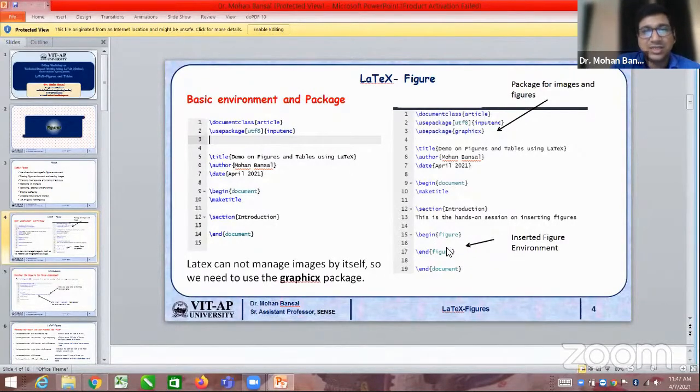Inside that, we will insert the image. And we require one package, that is graphicx. So graphicx is the package that we need to add in the preamble, and we will write usepackage in curly brackets graphicx. And the rest of the things are the same as usual, as we did in the last 2 to 3 sessions. So what extra thing have we added? One thing is the usepackage graphicx. The second thing is begin figure and end figure. Right now we have not inserted any image, we have only created the figure environment. Now we'll see how to insert the figure.